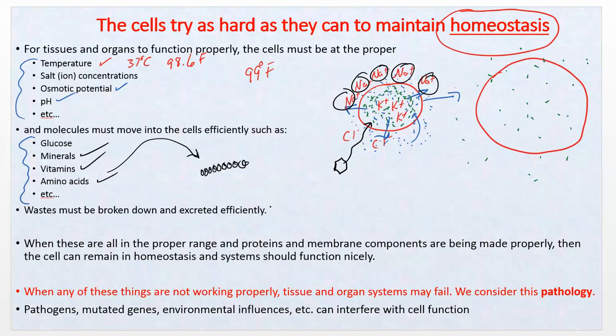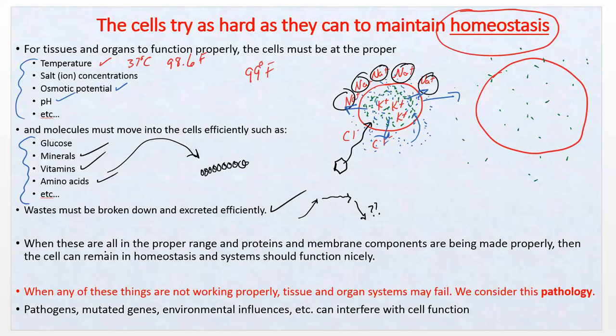Wastes have to be broken down. Okay, so you may increase your amount of a certain enzyme because of something that you're doing. And so your body may say, oh, I need more of this enzyme. And then afterwards, when you stop doing whatever it is you're doing, whether it's running or something that you've eaten or drinking, that's a big one, especially alcoholic beverages, increase the production of enzymes, and then after a while you have to get rid of those. So the question is, what happens to those? Well, they have to be broken down by the cell. So that means that you need a cellular digestive system, which is where we'll talk about lysosomes, proteasomes, and peroxisomes,